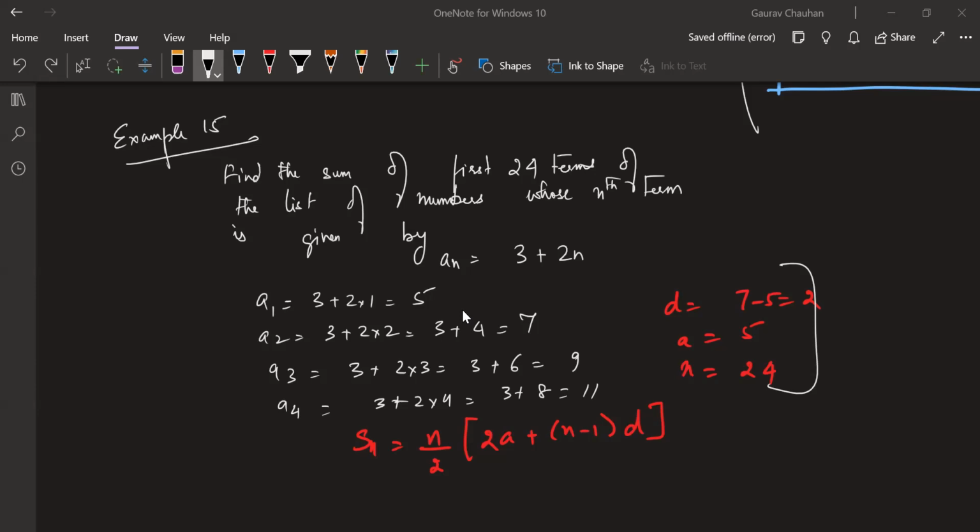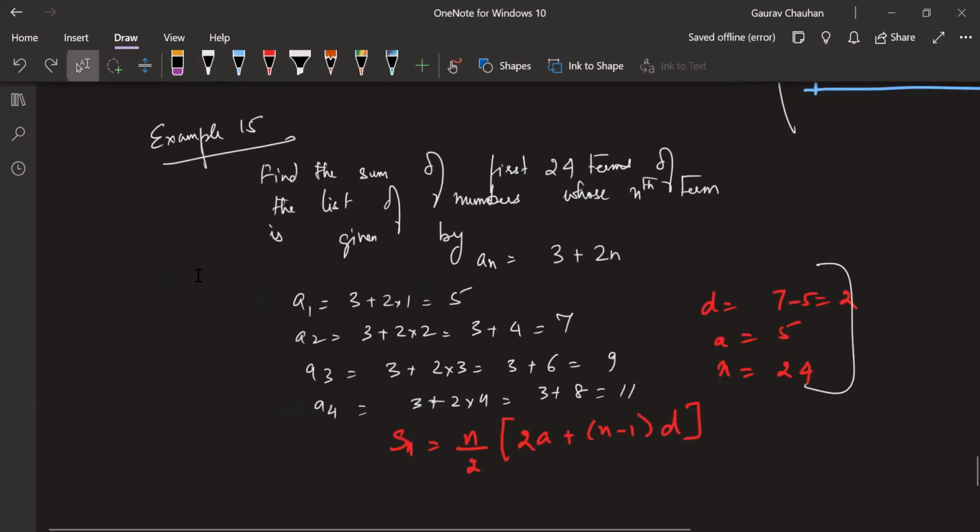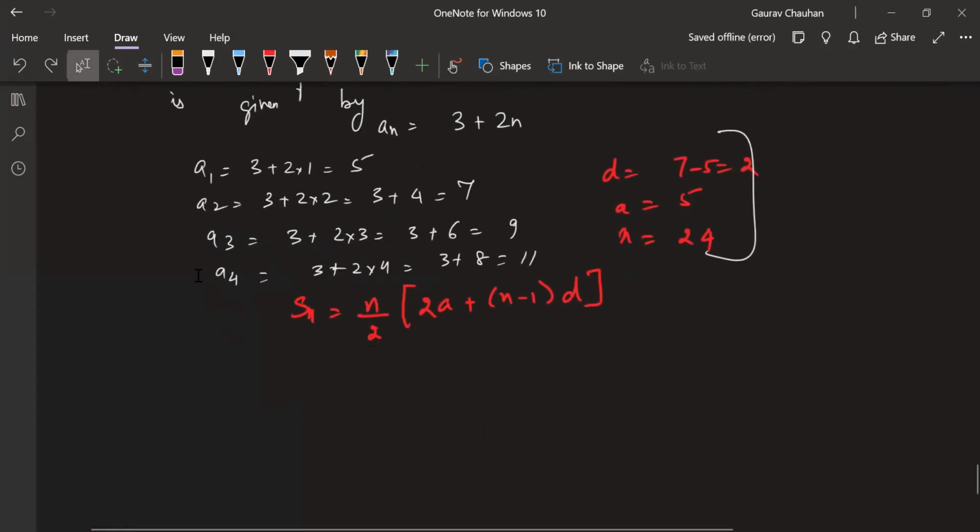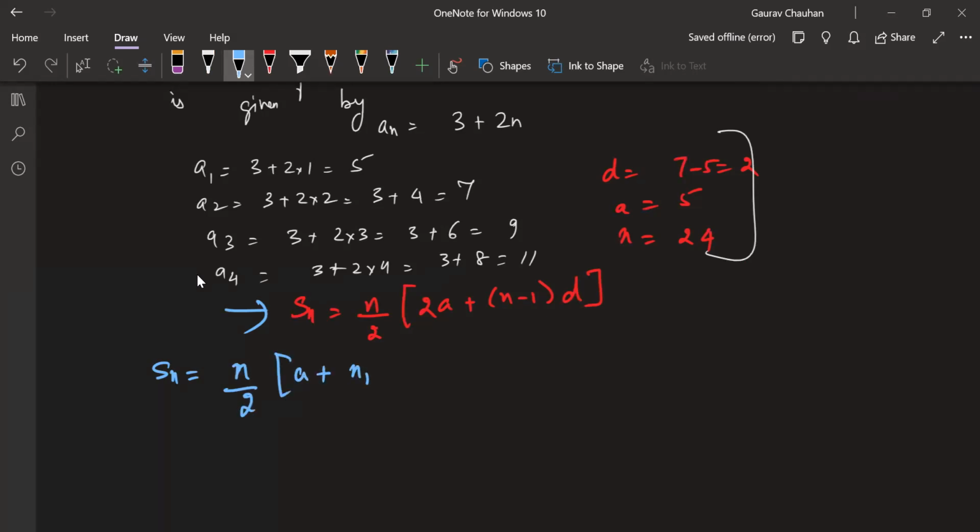Dilruba, 24 by 2 into a plus 3 plus 2n. What should you put in place of n, Dilruba? Dilruba has a nice approach to this. Okay, I'm going to take Dilruba's approach also. So Dilruba is saying, let's use the other formula, not this formula. Dilruba is saying Sn is equal to n by 2 into a plus an, right? A plus the last term or nth term, so a plus an. She is saying let's use